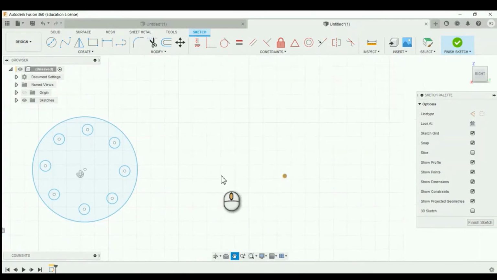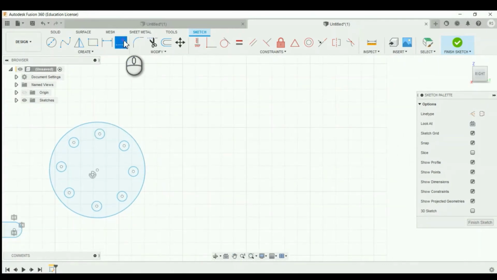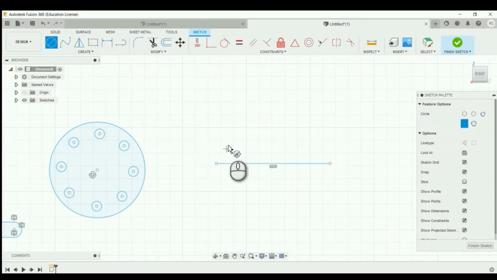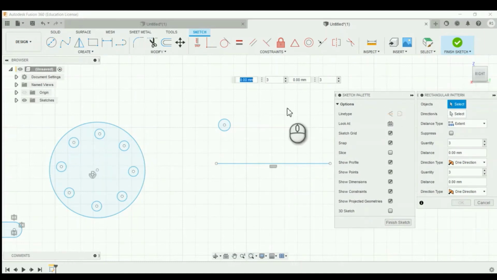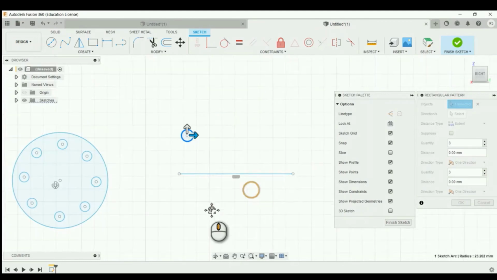And next is the rectangular pattern. First create a line. After that create a small circle. After that, create rectangular pattern, and select the objects you want to create the pattern with, and then direction.